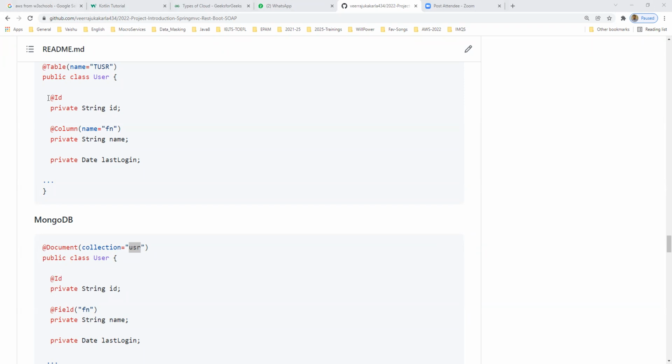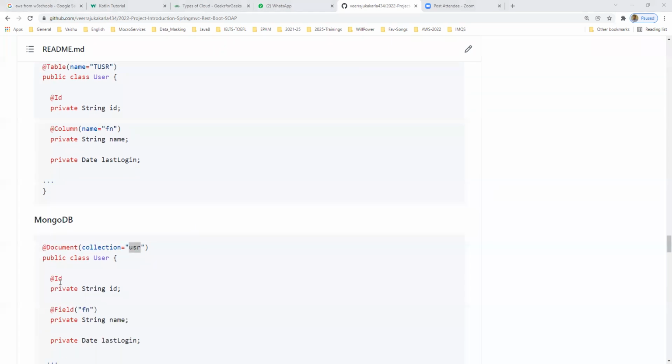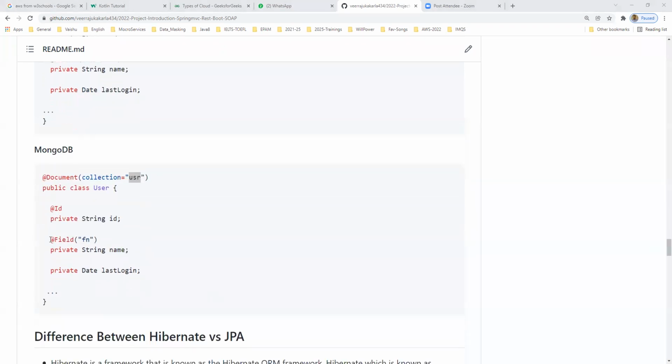And the ID: at the rate Id. Here also we can define an ID, but the ID we are defining here comes from JPA, which means Java Persistence, whereas the ID here comes from Spring Data. We will see the import statement of this ID and that ID. And instead of column we can define a field, a field of our document.